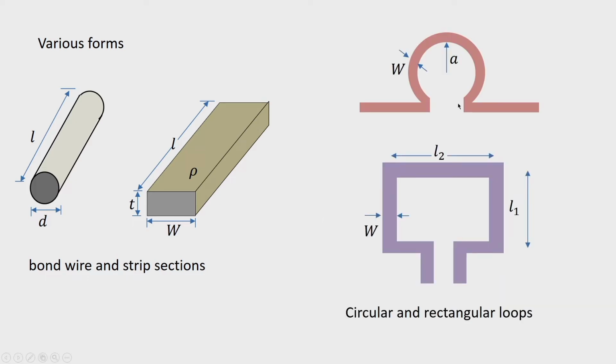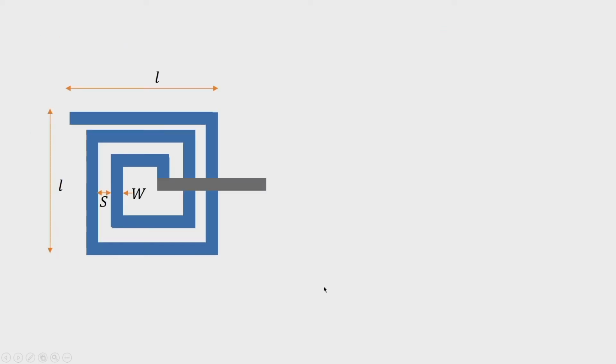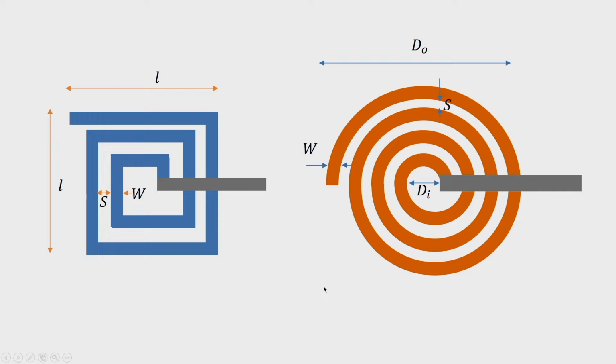So, inductors are also realized using loops, either circular loops or rectangular loops. Another very popular realization of inductance is using spirals. We can have rectangular or circular spirals as shown in the figures,